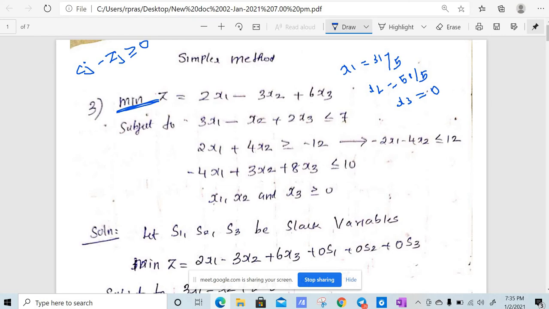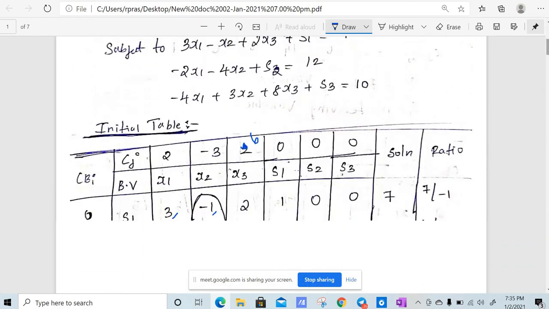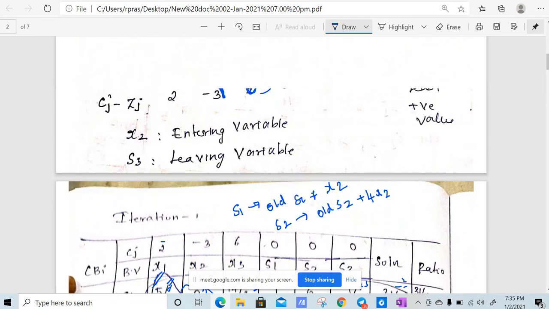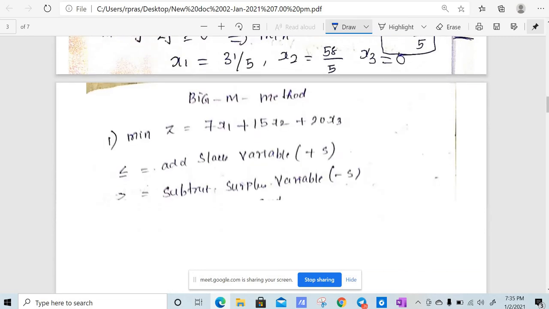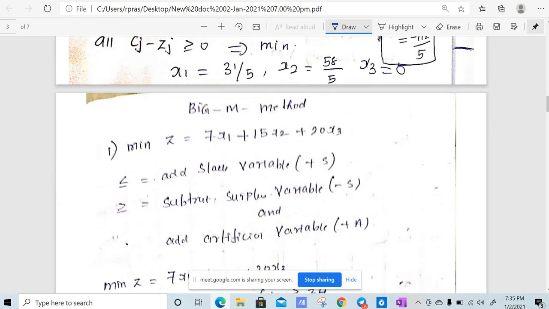In simplex method, we will always have the constraint to be less than or equal to. Even though it is greater than or equal to, we can transform it to less than or equal to by multiplying by minus. But in big M method, you should not do like that. Now if you have less than or equal to, you need to add a slack variable, which is similar to simplex method. It's very important. Don't worry about the question now.